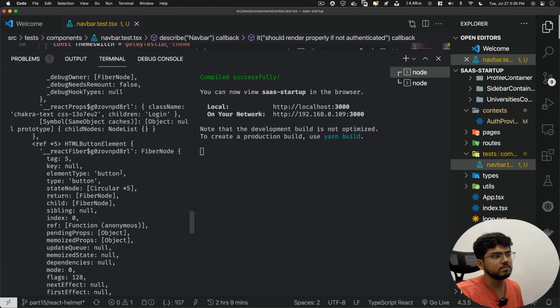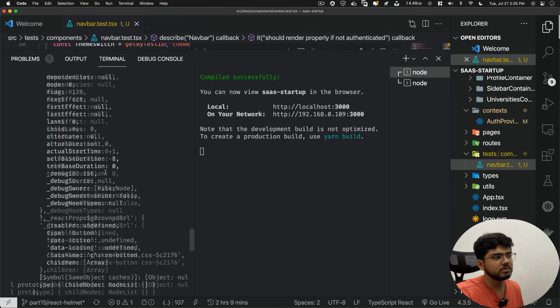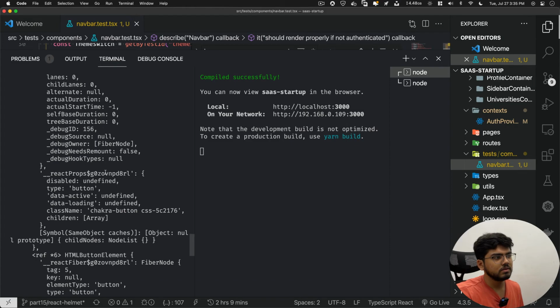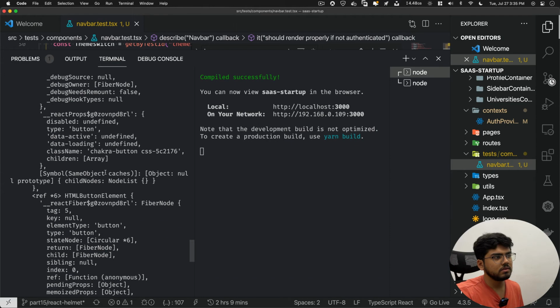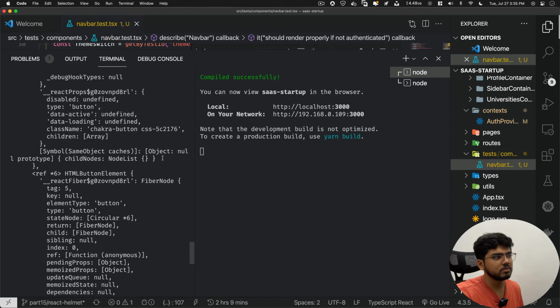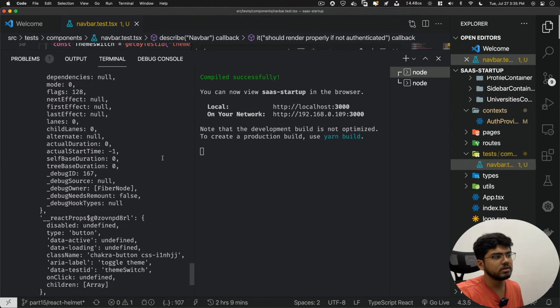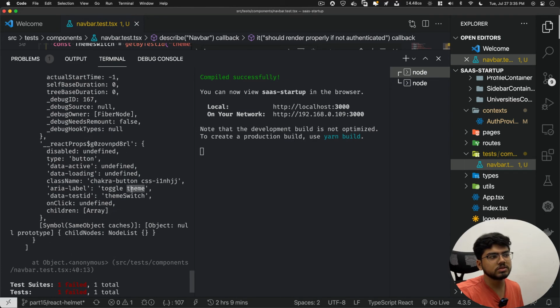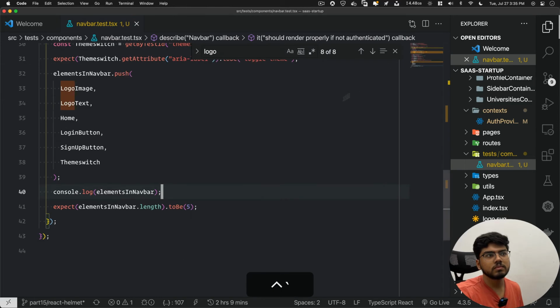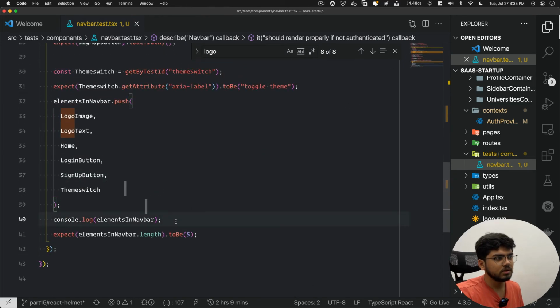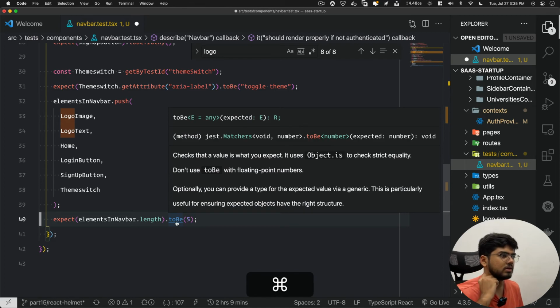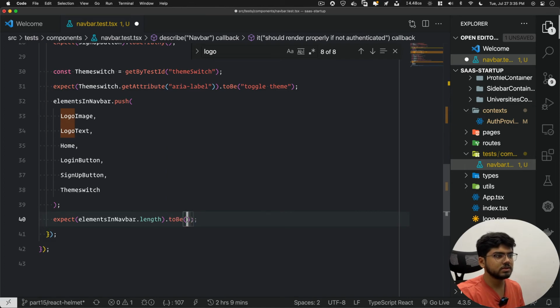Yeah, so this is the button inside which we have sign up. It's not printing the whole element. And then we have the theme context or theme switch. I'll remove the console log, and now it should be 6.